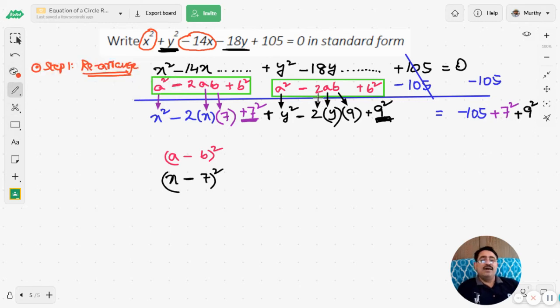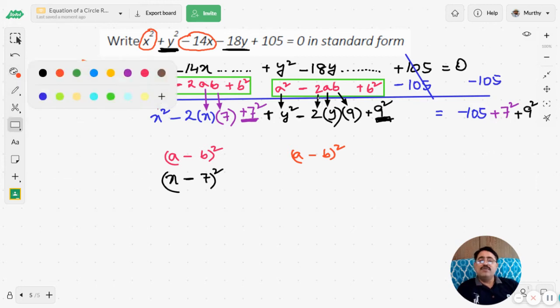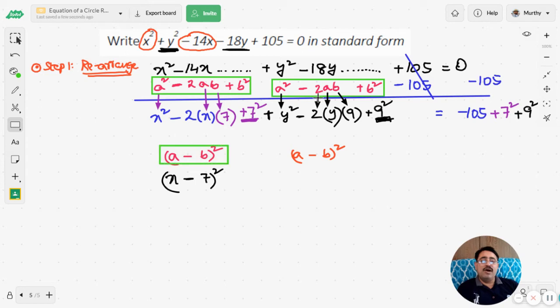Then the next step is, I see that a square minus 2ab plus b square can be written in the form of a minus b whole square. Right? So as I mentioned before, you have to memorize all these formulae. Therefore, I see there is a plus. Now, what is the value of a? You can compare and see. It's going to be y minus, what's the value of b? You see that 9